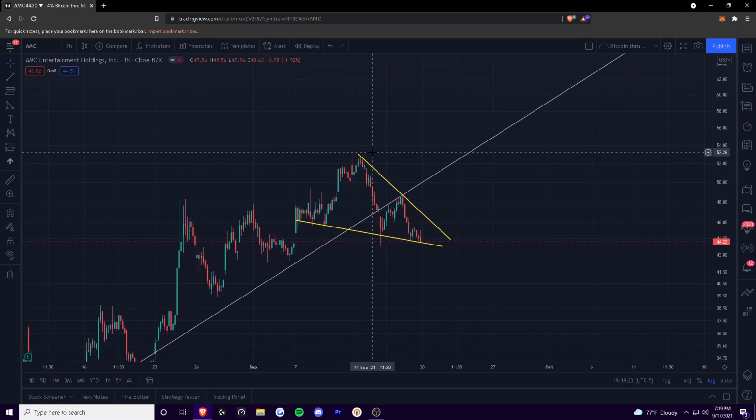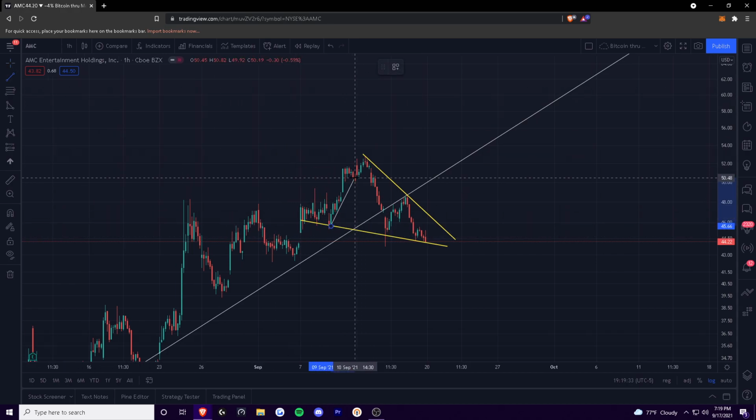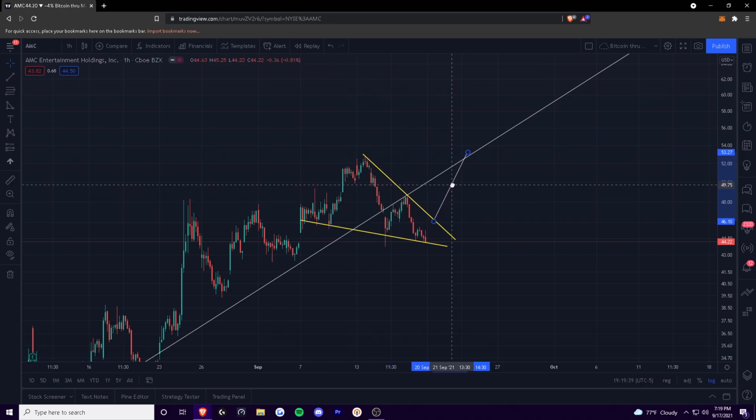This is a falling wedge, which is a bullish reversal pattern. So typically, the way that this trades is you measure from the top to the bottom of the wedge at the initial point, and then you drag that to the breakout point, right? The crazy thing about this is if this pattern actually ends up playing out,